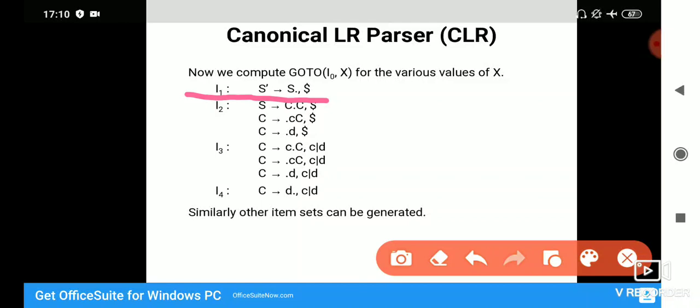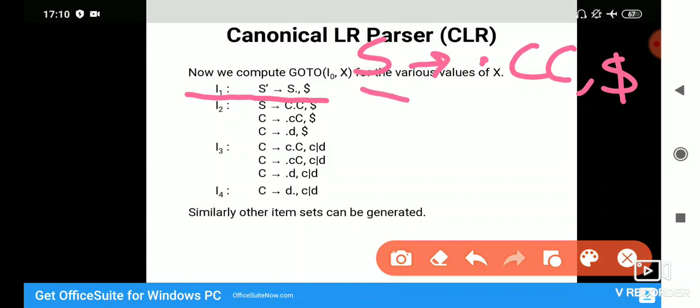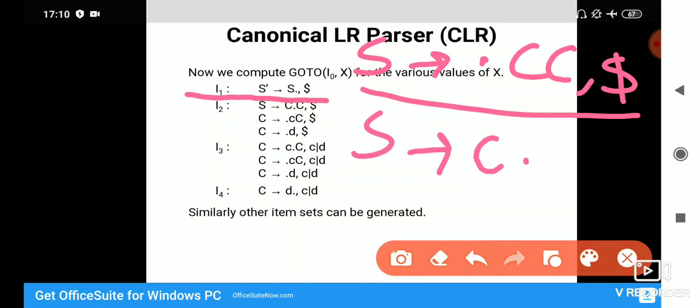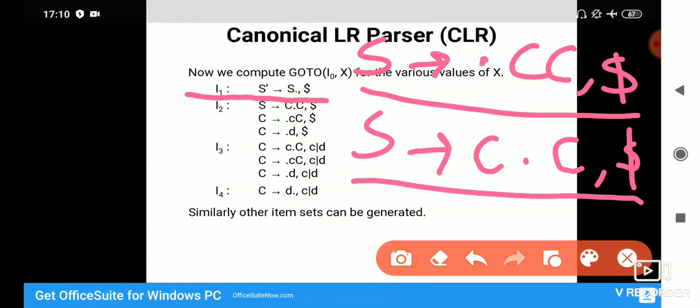Now in I0 we had the second item as S → .CC, $. Now this is an item in I. The first item in J will be, we have to change the position of dot. It becomes S → C.C, $. Dot will move to the right of C. Now this is an item in J. We have to find closure of this.